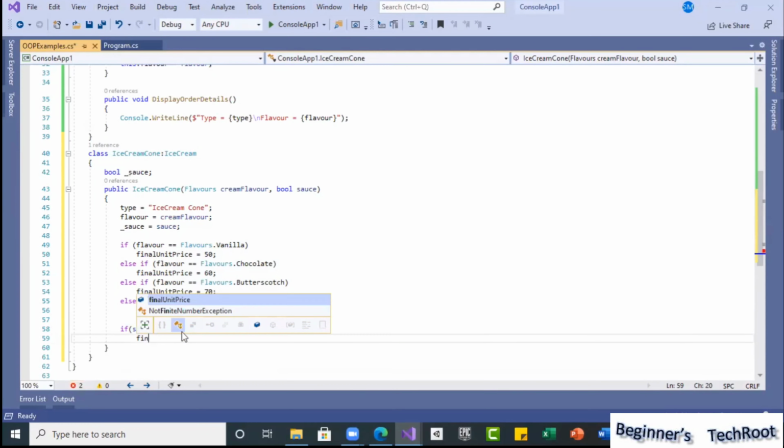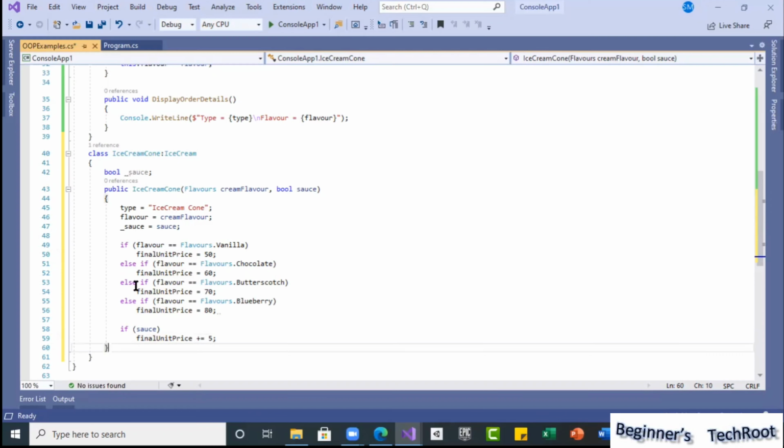So I am going to use final unit price, and I can use the operator plus equal to 5. What happens is, whatever the price, when sauce is selected, 5 rupees more. If vanilla and sauce, yes, then 50 plus 5, 55 rupees. So like that, we are just adding 5 rupees. Like this, calculations we defined for the things.